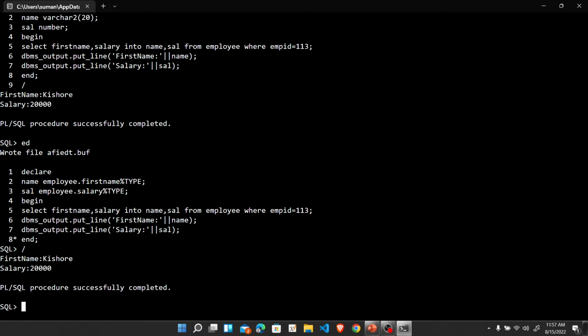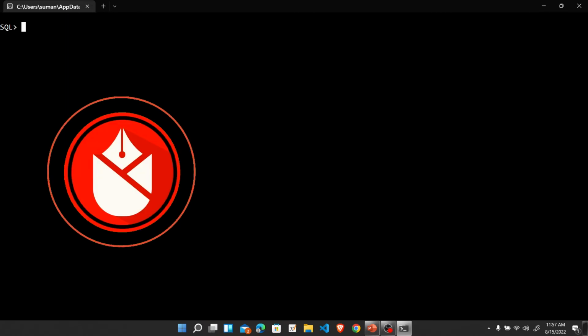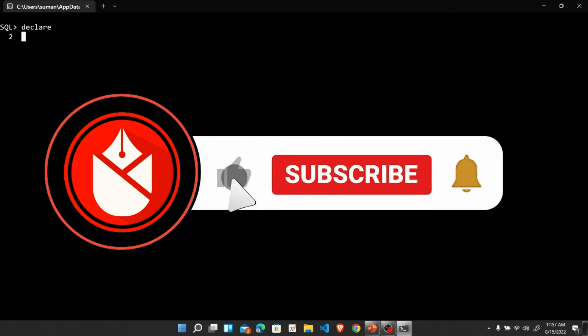Now it is time to retrieve the records for a row from a table. Suppose if any table contains 20 or 30 columns, assigning variables for each and every column is a very tedious and laborious job. In that case, we can use the rowtype keyword. Let us check it. And here, once again, we clear the screen for a better view. And now type declare, then record,